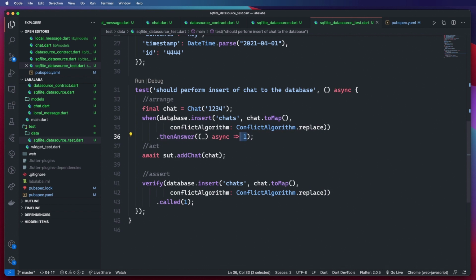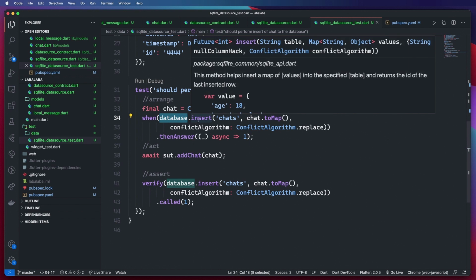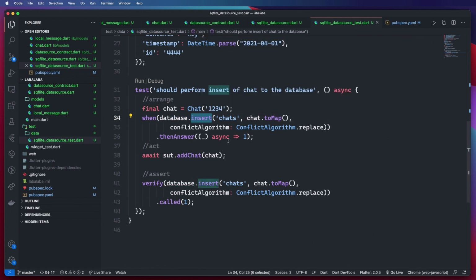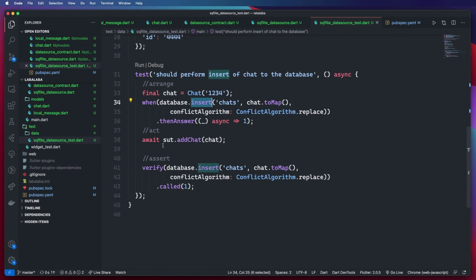So what this is doing is calling the method from the mock object instead of the real database object. And as I said before, we cannot use the real database object because we need the application to be running on an actual device to access the database layer of that device. So we have to use a mock object here to basically simulate what will happen on the database